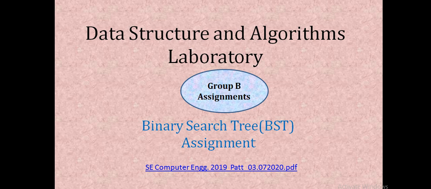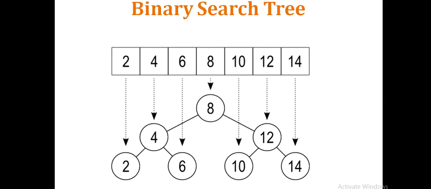So before going towards the title of the assignment and what exactly we need to do, let's first understand what a binary search tree is. Here we are going to search an element in the tree data structure. That searching we call a binary search. For this we are going to create a binary tree, and the important and mandatory thing for binary search is that we need a sorted array.